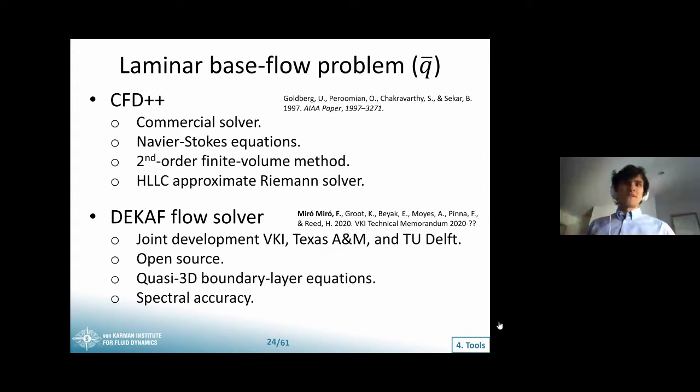So if anyone from the audience is interested in using it, we're about to release this open source, so just shoot us a message. We already know that the NASA Langley team is interested in using it. So yeah, just shoot us an email, basically.